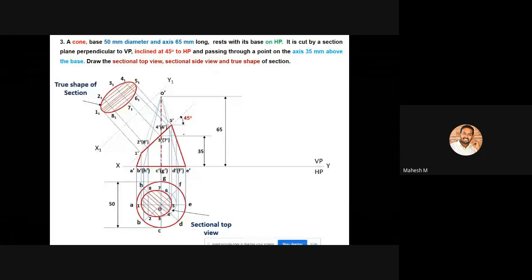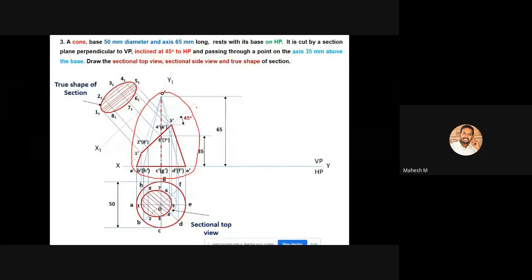So truncated solids and frustums will not be available in projection of solids, because in projection of solids we are not going to discuss the sectional planes. It is based upon the section planes. Normally this particular triangle is called a cone. We can generate these kinds of cones with the help of a